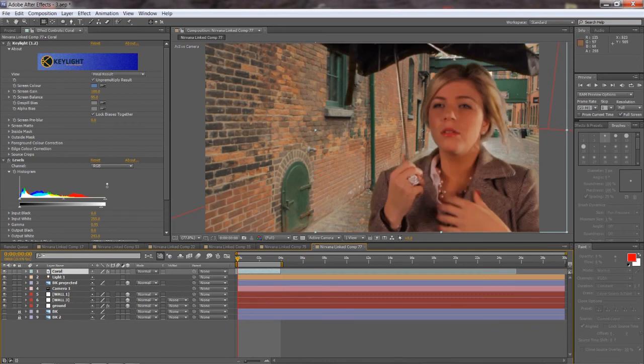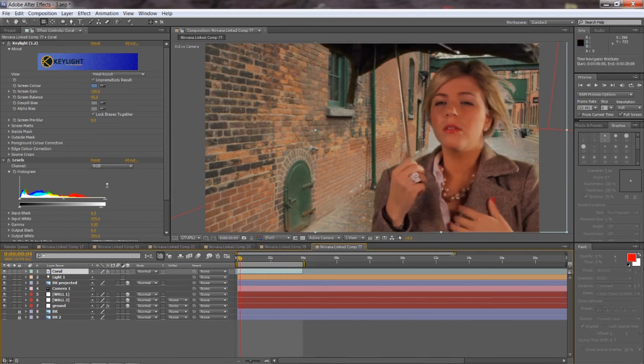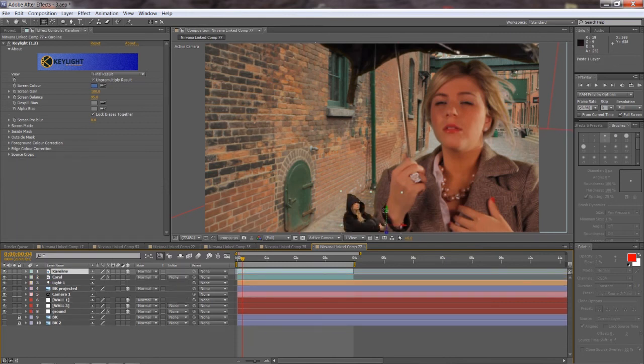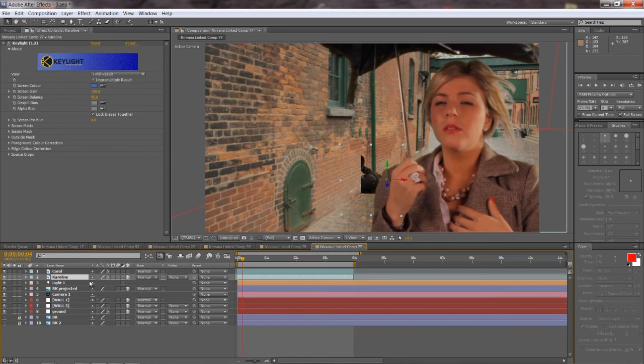Then you can obviously adjust the perspective so it looks like she's more in the shot. And then we can also add the other girl in the shot there. So here I'll put it in, and again, make it a 3D layer. You can adjust the position of that girl. It kind of looks like she's sitting there against the wall. We'll put her behind Coral here, the other girl, so